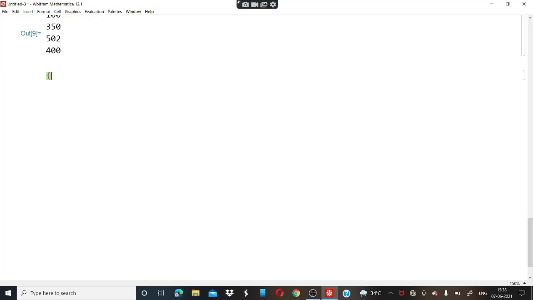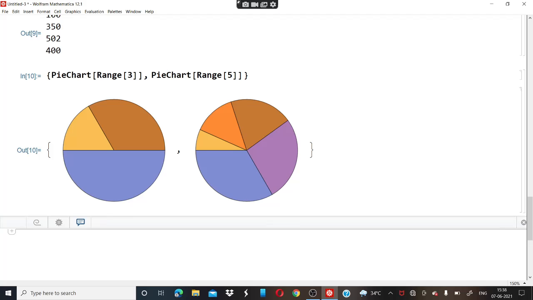So we will write a middle bracket, pie chart, then we will use this range, and we want here range as 3, then we will use a comma and write pie chart, then we will use range, and here we want range as 5, then we will close this bracket, then shift and enter key.